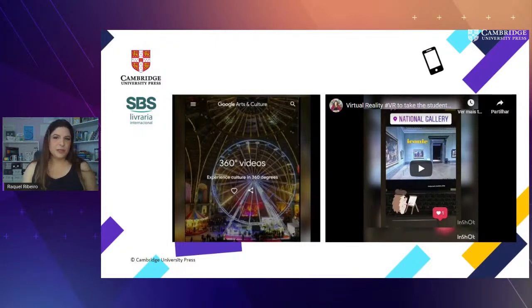Collaboration with virtual reality. Some of you who know me are aware of my work with virtual reality. It's been a while. So basically what I used to do was to take a cardboard box, and this is where the students place the phone so they could take a virtual trip.